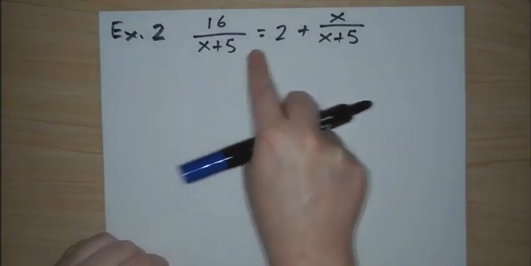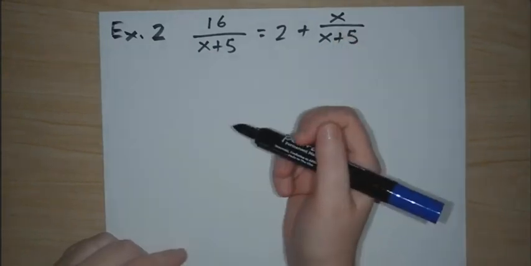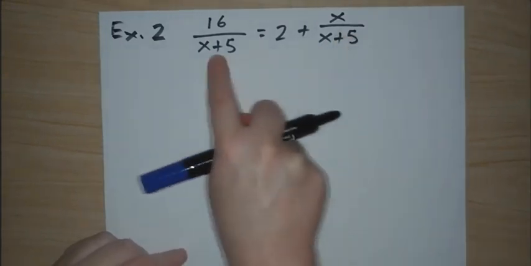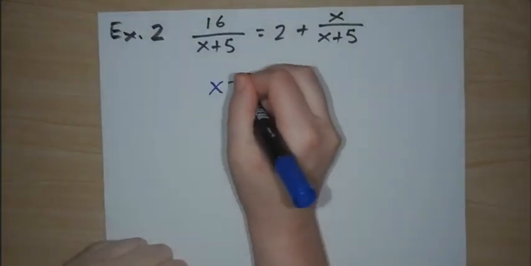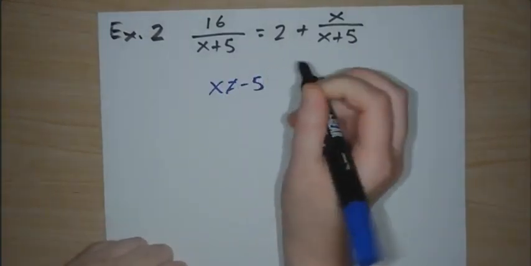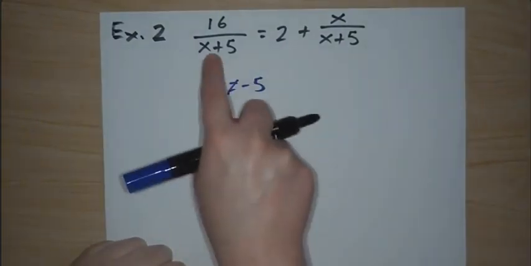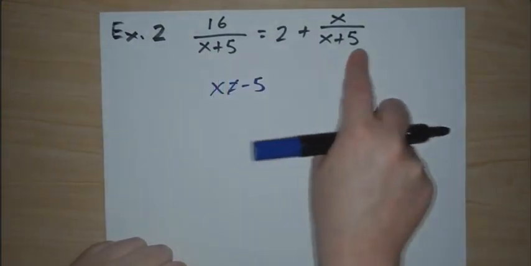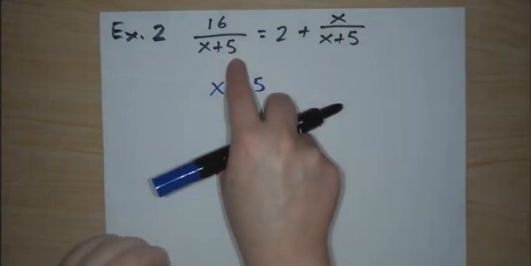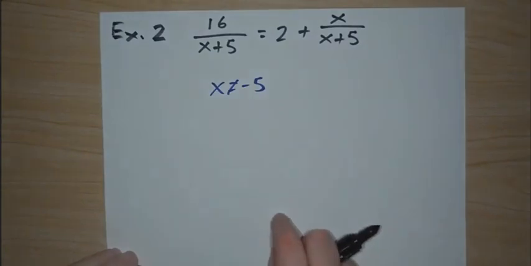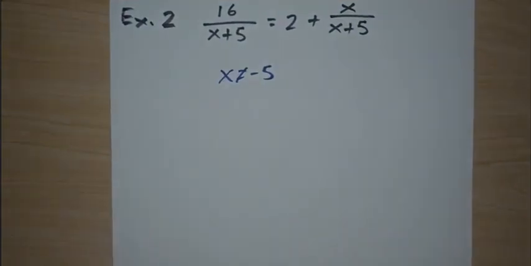So if we look at the denominators we have available, we have the denominators of x plus 5 on both sides. So what that tells us is that x cannot be negative 5. Because if x is negative 5, then this denominator and this denominator would be 0, and each of these would be dividing by 0, making this undefined. So now that our domain restriction is out of the way,